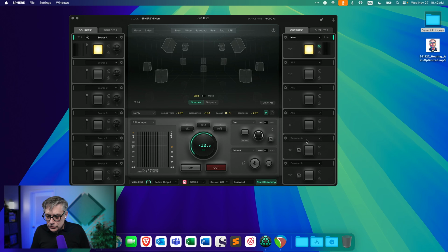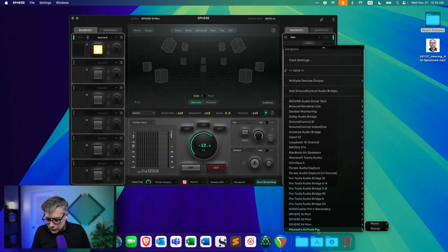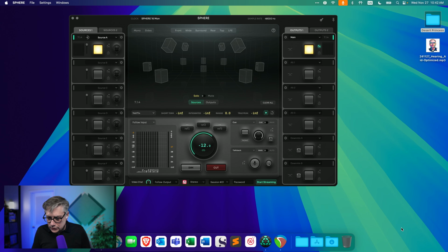So what I'm going to do now is I first need to put on my AirPods. So for that, I'm going to take off my regular headphones and put on my AirPods. And then once I've taken my AirPods and they've connected to my computer, let me just turn off the transparency so that I hear myself. And what I need to do now is go into the downmix settings here. And in the downmix settings, I now can select my Apple AirPods. So let me just select them here, outputs 1 and 2.